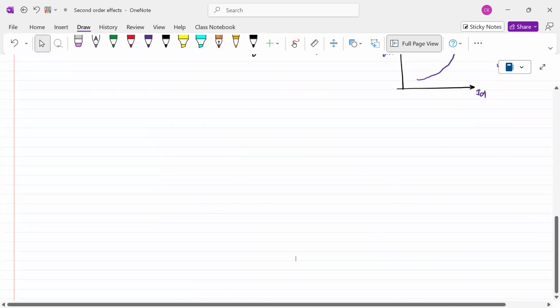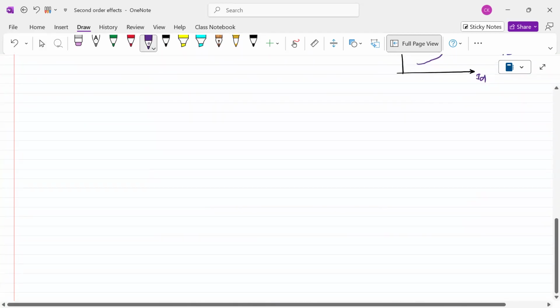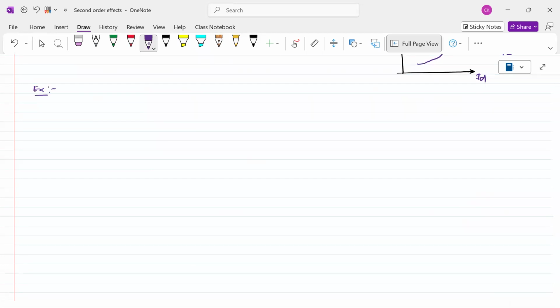Let's take a simple example. What is the GM of a transistor